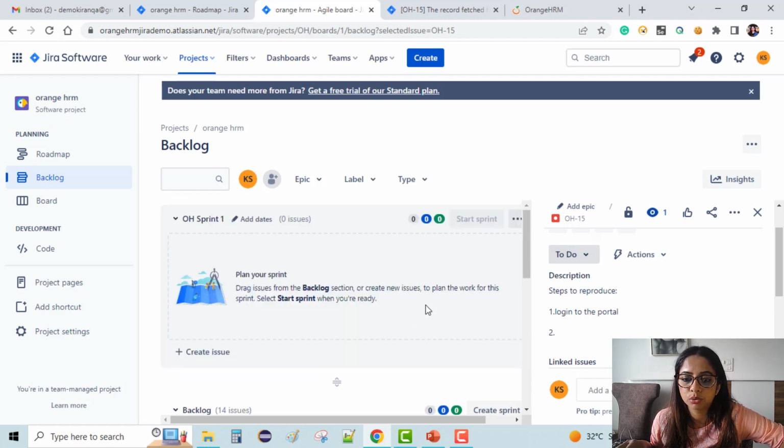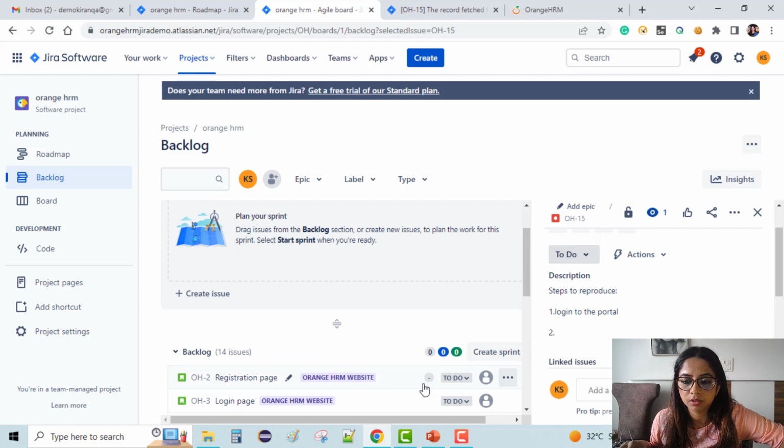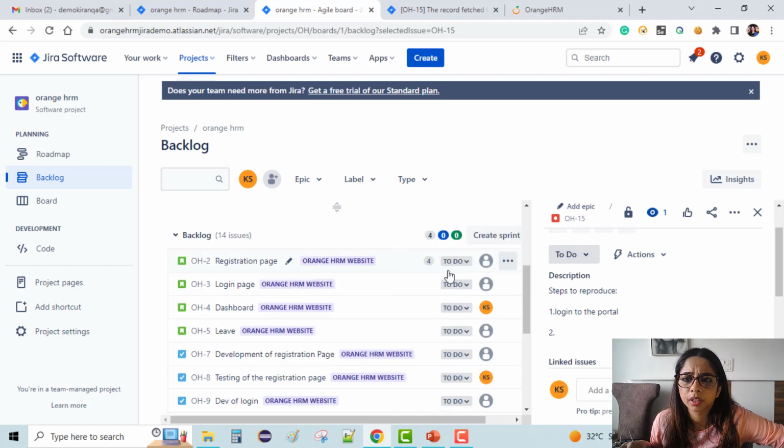So what do we do? Just a second. Let's say registration. So I'll just click on this hyphen icon. So when we do that, I can add story pointers. Let's say registration I'll give 4, and then I can just save it, and I can scroll down, and in this login I'll give 2. Okay, so I'm just giving random even numbers for now, and then the dashboard will have 6,